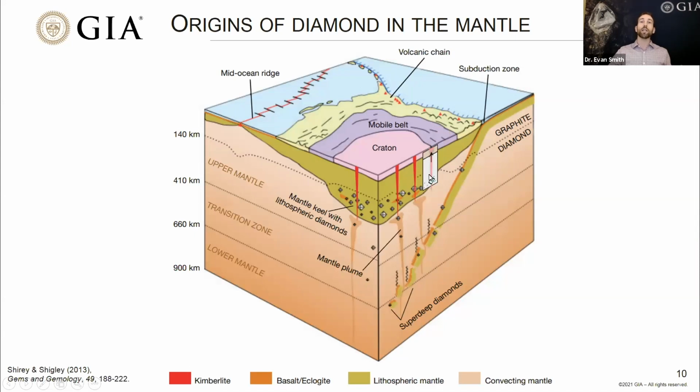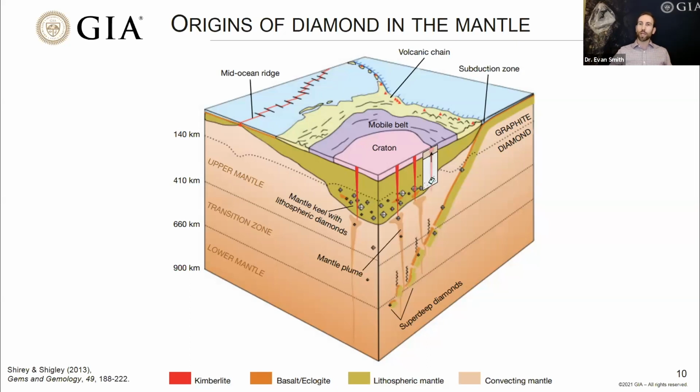So we're saying that most diamonds form in this region here, about 150 to 200 kilometers deep in the base of the oldest and thickest parts of continents. Sometimes this is referred to as the mantle keel or the lithospheric keel. And the place where diamonds form is sometimes called the diamond window. So the inclusions we see trapped in diamonds are from rocks that exist in this environment, sort of diamond host rocks.